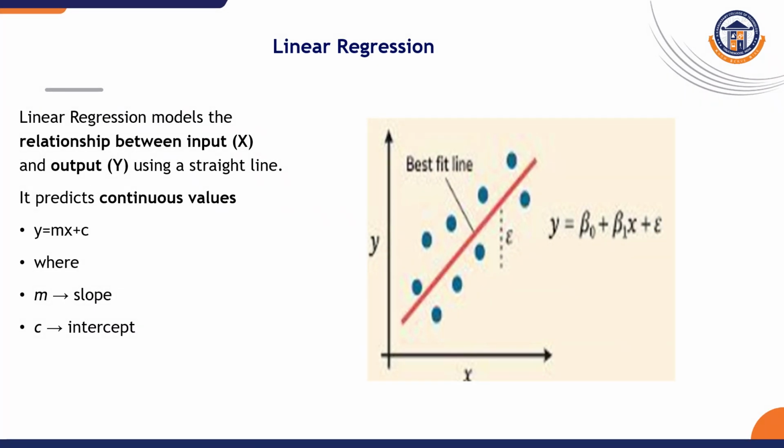Linear regression is a supervised machine learning technique which predicts continuous values based on the relationship established between the input and output. Here it assumes that when the input changes, the output also changes in a linear way, and the relationship between the input and output is represented by using a straight line. For example,